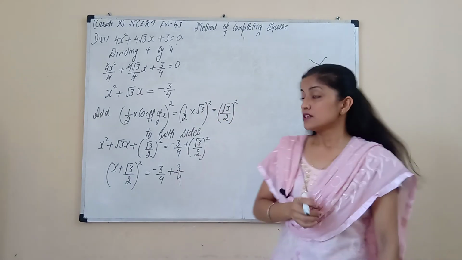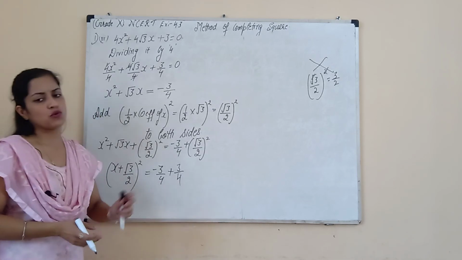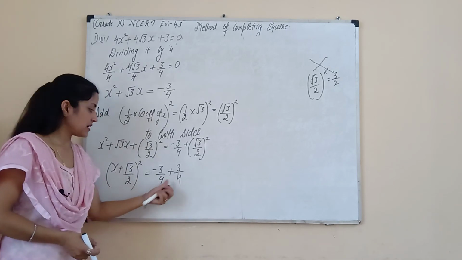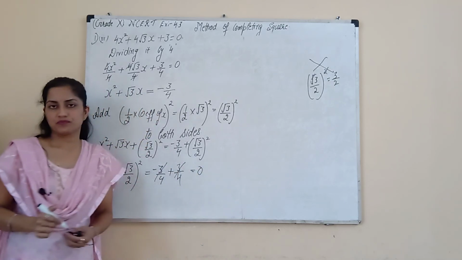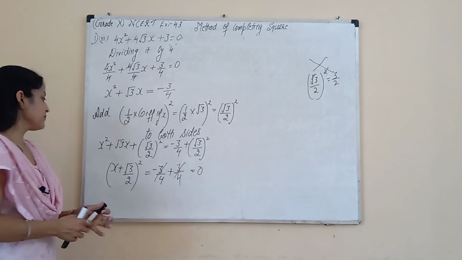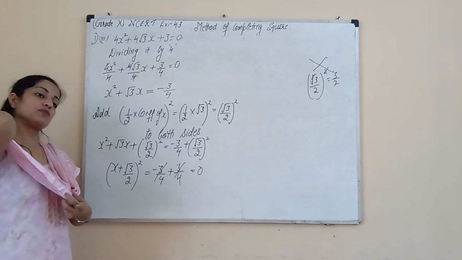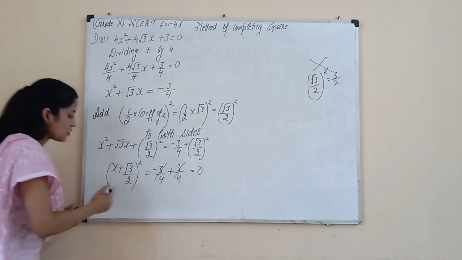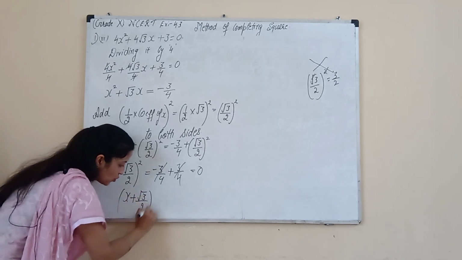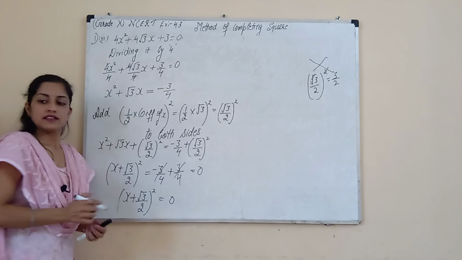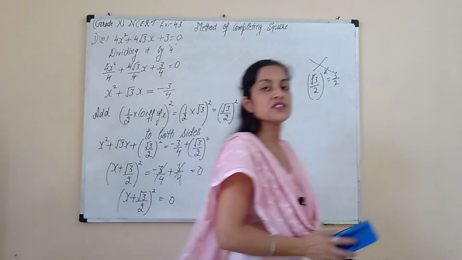Clear. So on the right-hand side we have 3/4 and 3/4, both the same, one positive and one negative. So cancel these two terms, it becomes 0. So the right side is totally 0. Next step is to remove the square of this term, so it becomes x plus √3/2 whole square equals 0.